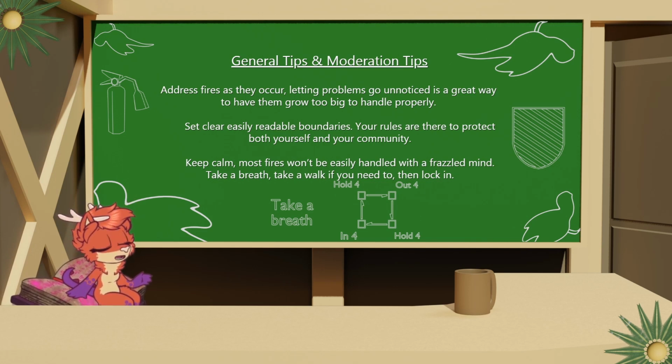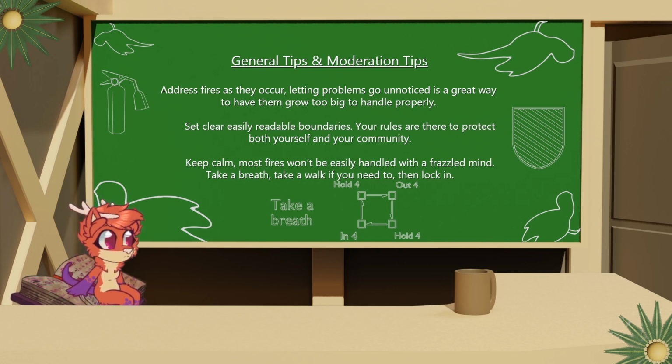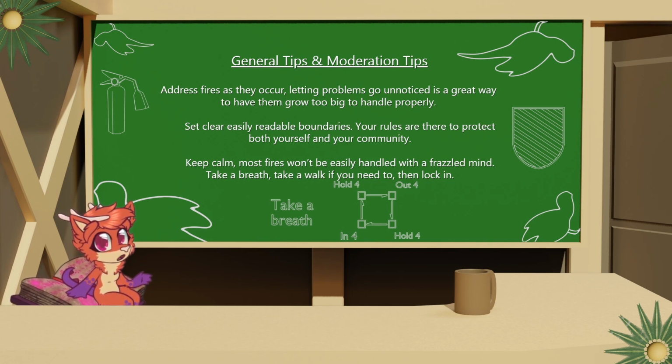Put on your own oxygen mask first. That's how you're going to make the most lasting, effective impact on whatever problem there is. Don't just jump into it when you have a frazzled mind and you're really emotional and upset. It's okay to be upset, but you have to be in control while you are. And there's a little graphic there of deep breathing, which is a technique for